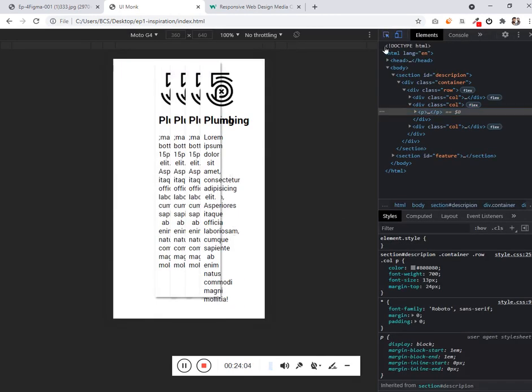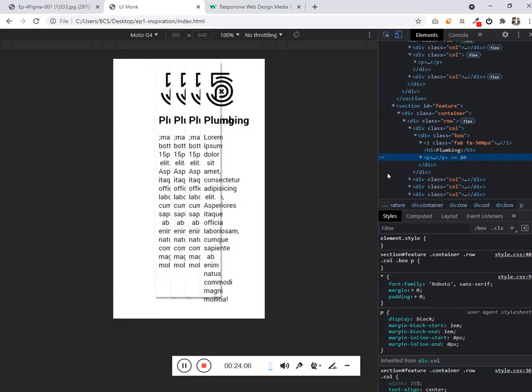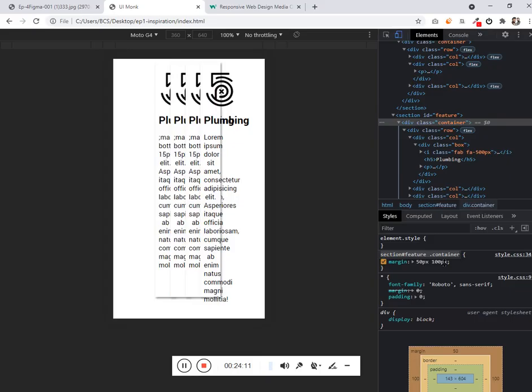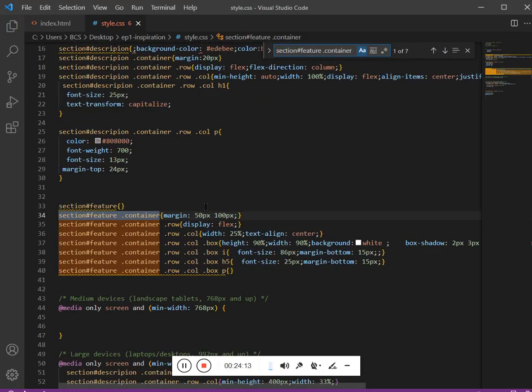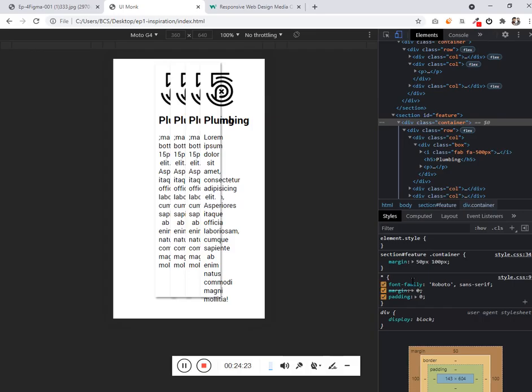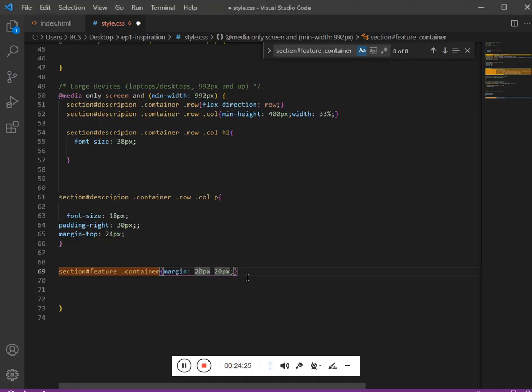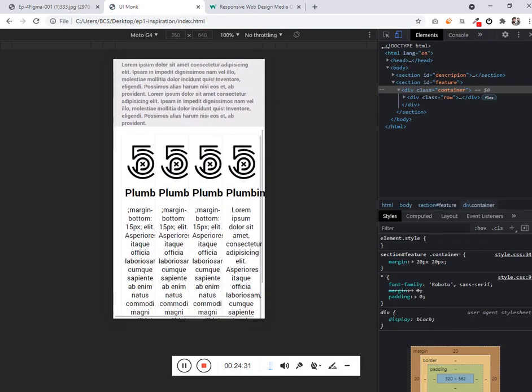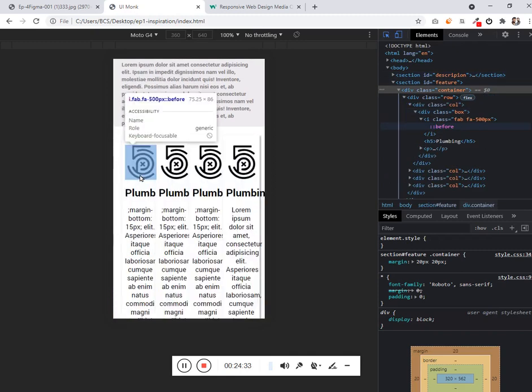Now let's work on this. I want 50-50. So let's get this container and let's give this 20 pixel on all sides. Previously 100. Refresh it, and now